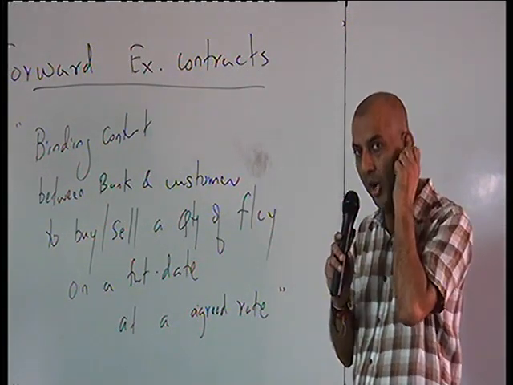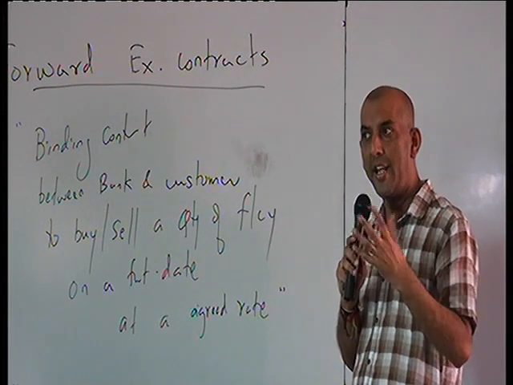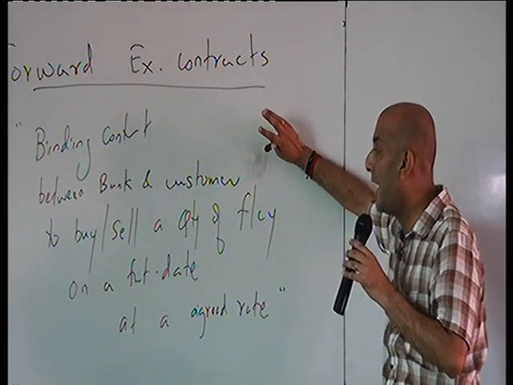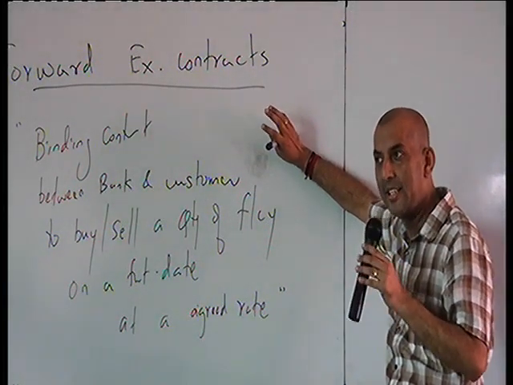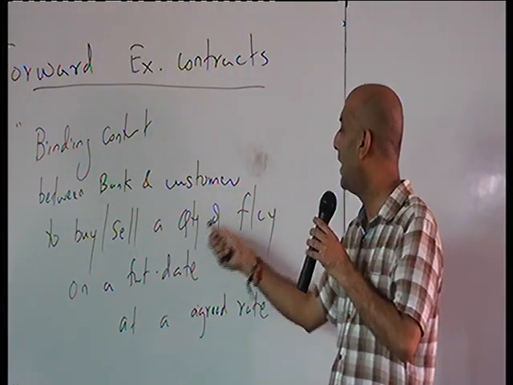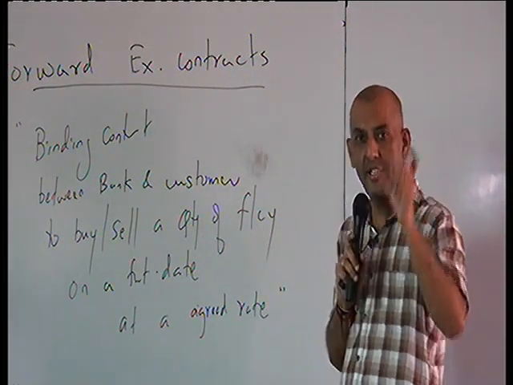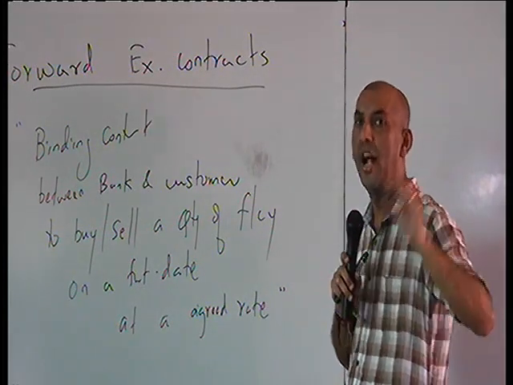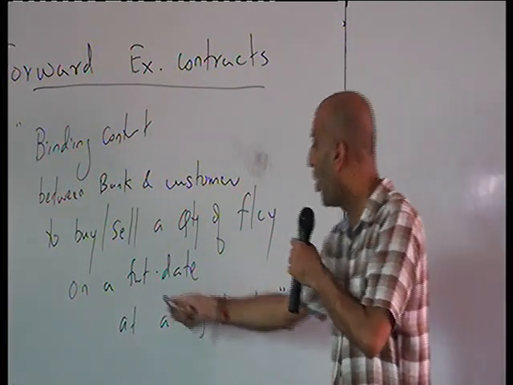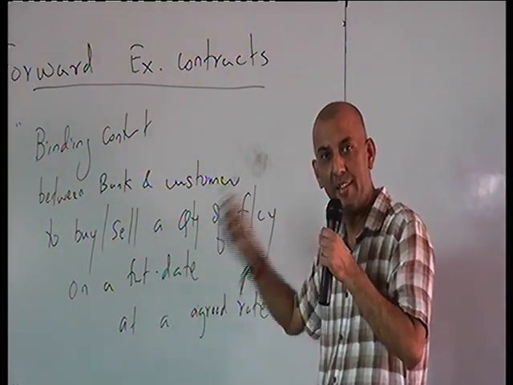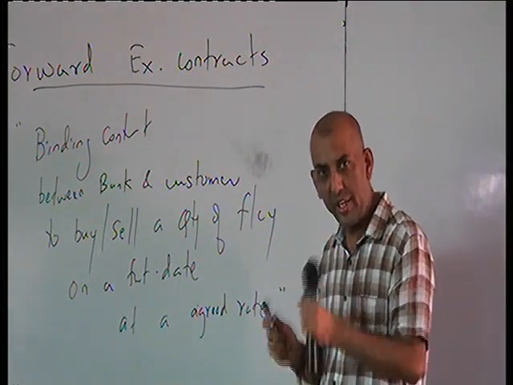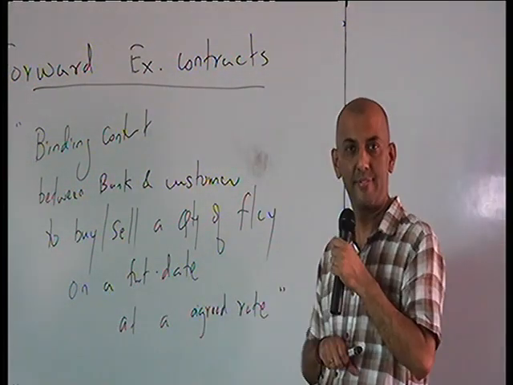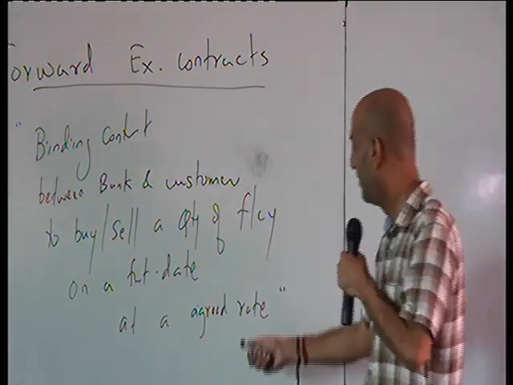The foreign currency amount is a quantity. You will decide, okay, this is the amount of foreign currency buying and selling. Bank and the customer both agree to buy and sell a quantity of foreign currency. Both will agree. $100,000 I am willing to buy. Bank will say I am willing to sell $100,000. When? On a future date. Both parties agree that we are doing this. We are today agreeing, but doing the transaction on a future date. At what rate? Agreed rate.